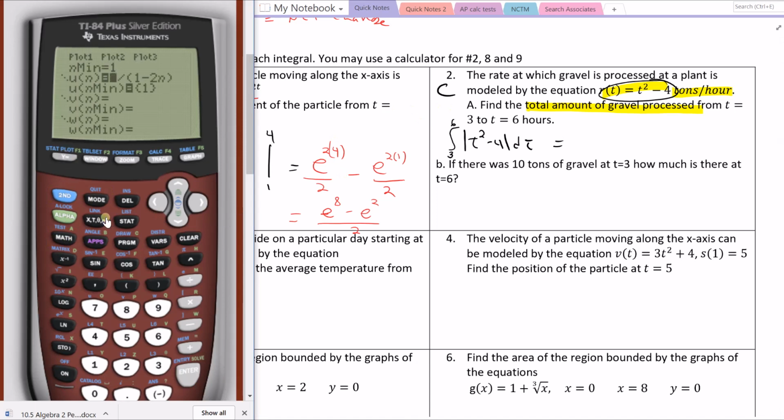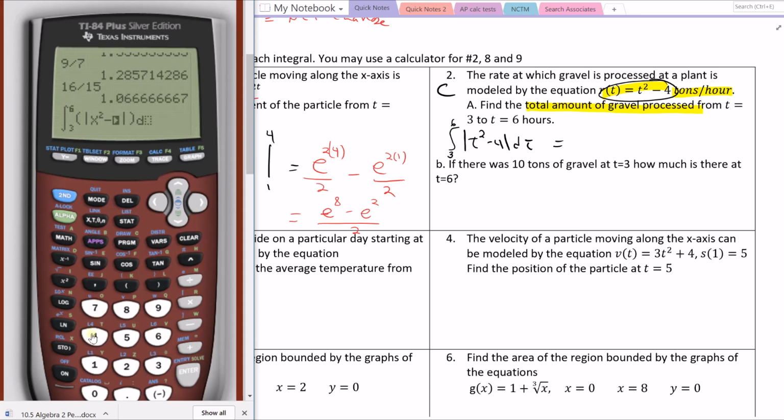To do this, sorry, I need to change my calculator mode real quick. It's on a BC thing. We don't really need to put in much, it's not that complicated. So we're going to do math 9, which gives us the integral. We're going to go from 3 to 6. Somehow in here I need to put the absolute value. So that is math, NUM, and then number 1 is ABS. And we're doing